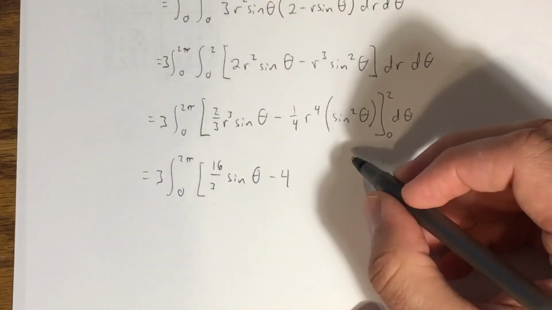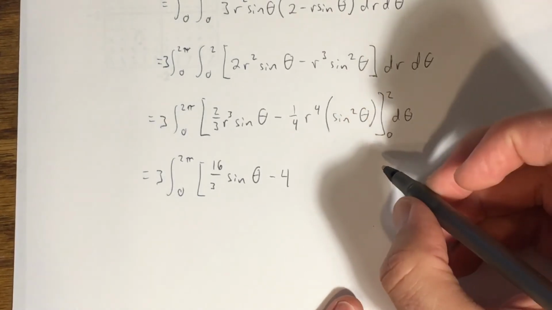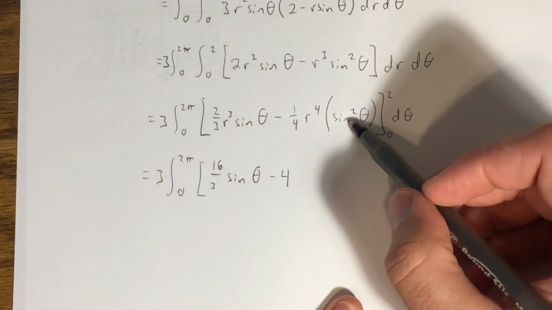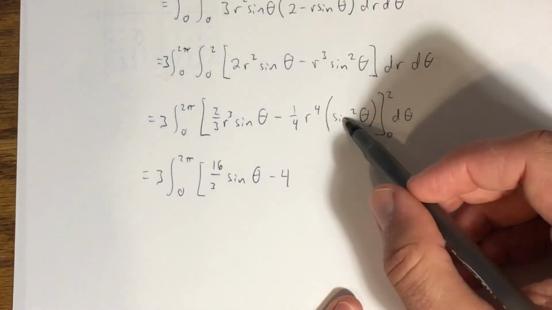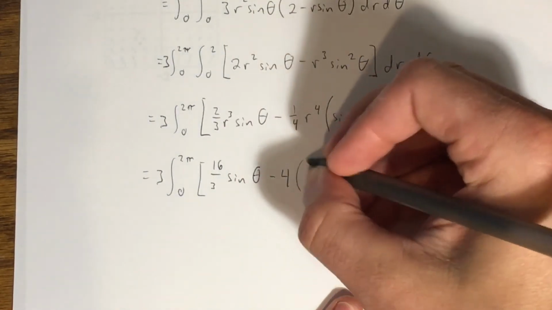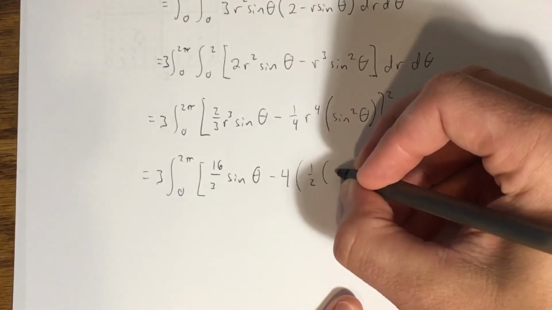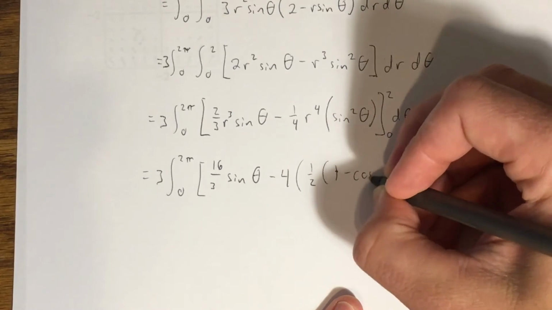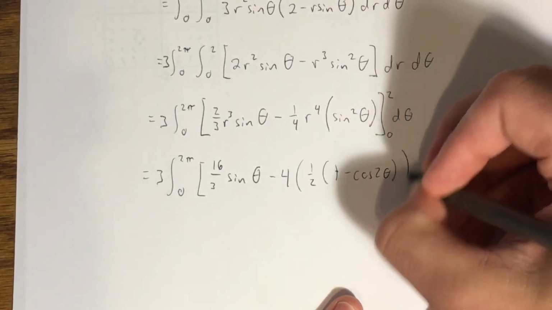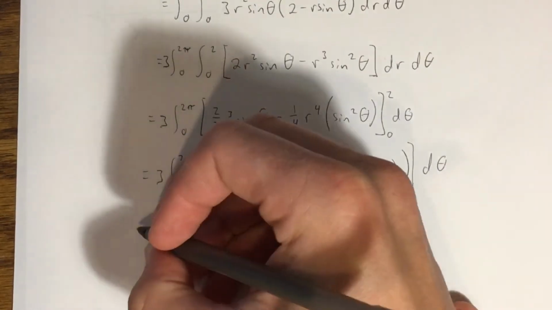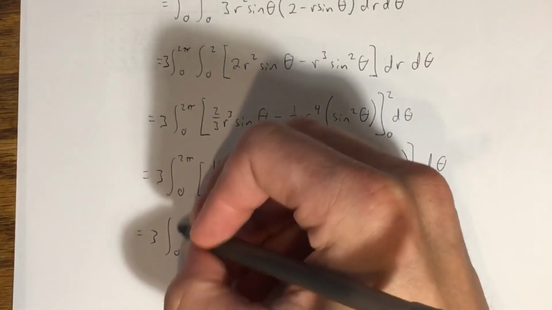Okay, here's where I'm going to make this change. So I know that sine squared, in order to do the integral here, I want to use a reduction formula. This is equal to 1/2 of 1 minus cosine of 2 theta. Okay, d theta. From here, 0 to 2 pi,